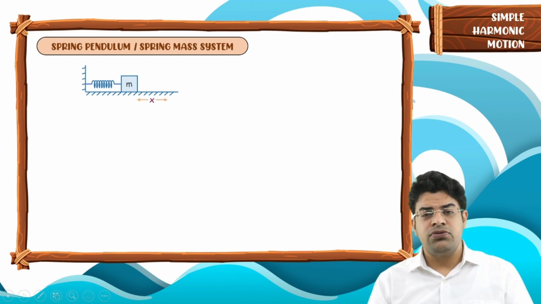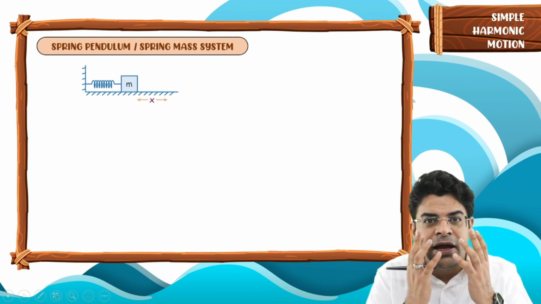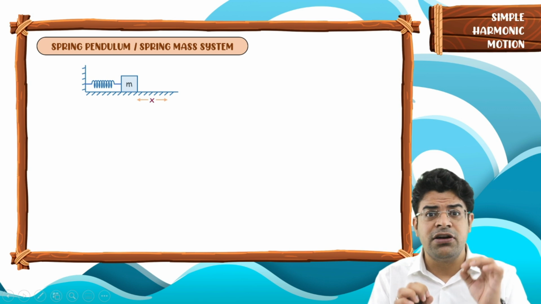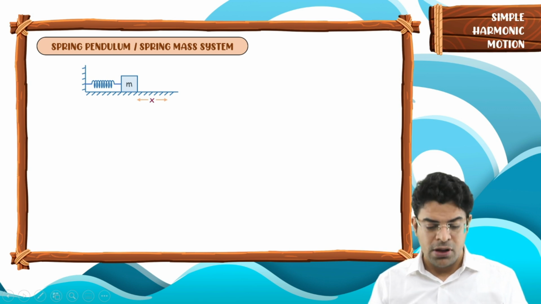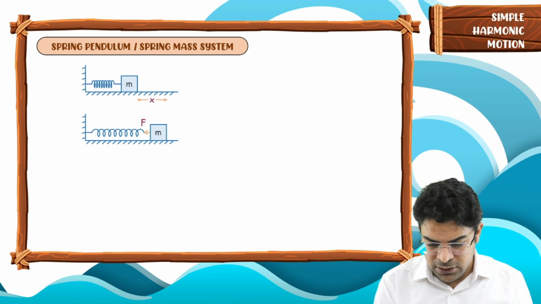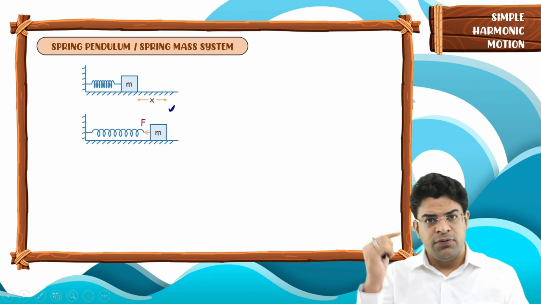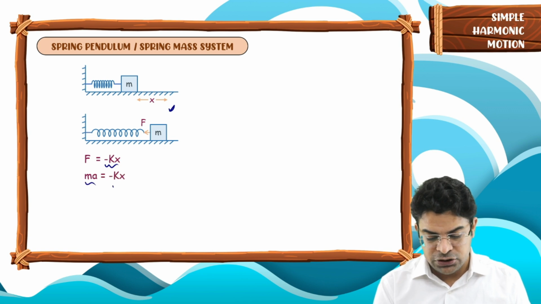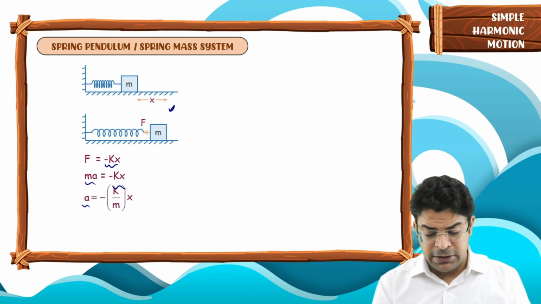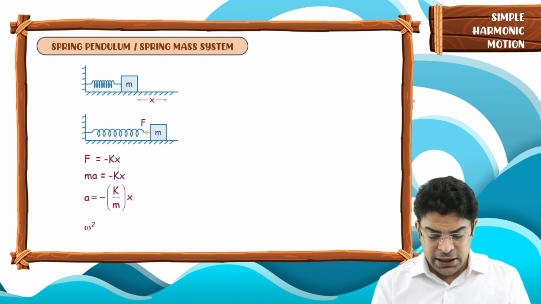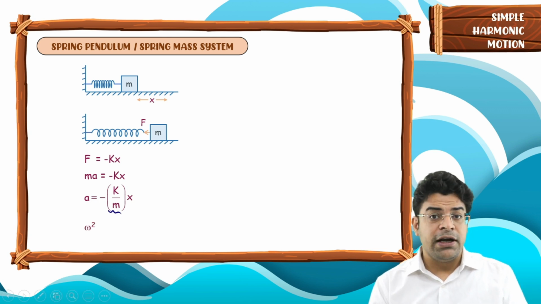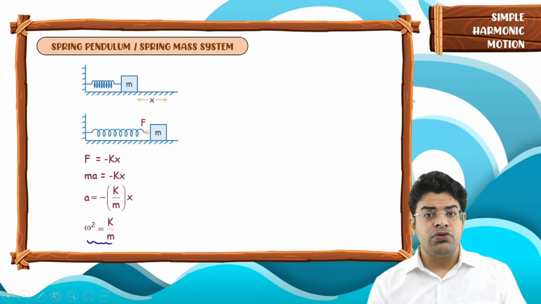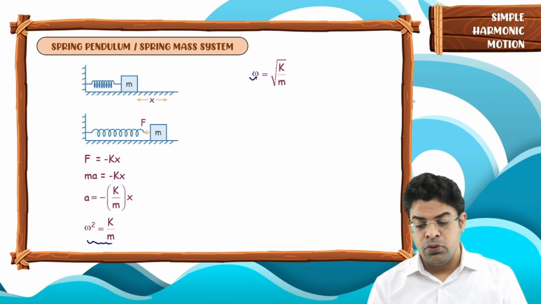So what I'm trying to say here is the equation of the force applied by spring exactly matches with the necessary and sufficient condition for a motion to be SHM. So if you move the block by some distance x towards right, the force will be towards left. You will say F equals minus kx, hence ma equals minus kx, hence a equals minus k by m into x, and in place of k by m you can write omega square. So since omega square equals k by m, omega comes out to be root k by m.